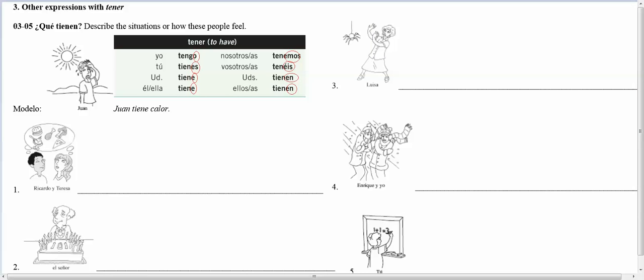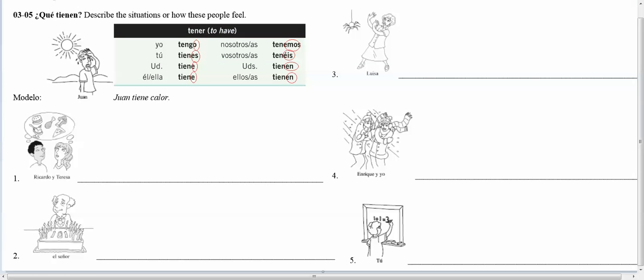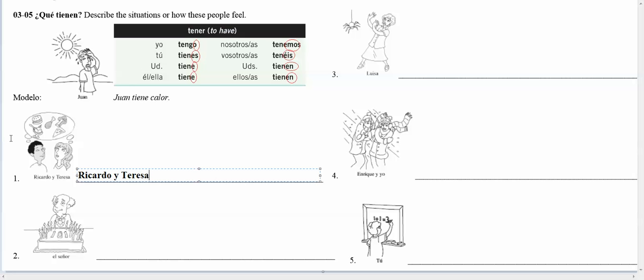Let's see here. Okay, took me a minute to find my practice, but let's practice. We've got Ricardo y Teresa, so we want to say, what's the tener expression for them? If you look there, they're thinking about food, so they're hungry. The tener expression is tener hambre, okay? But it's Ricardo y Teresa that are hungry, or they. So if you go up here to they, you should use tienen. So we were given these in the infinitive form, but we still want to conjugate and make it match who our subject is. So Ricardo y Teresa tienen hambre, okay?